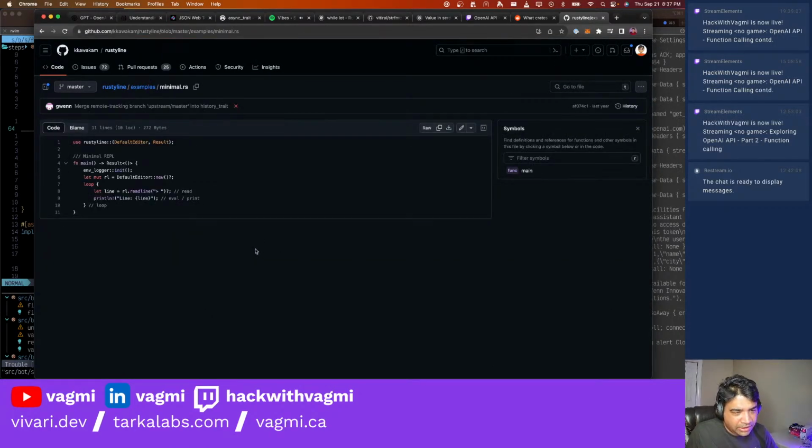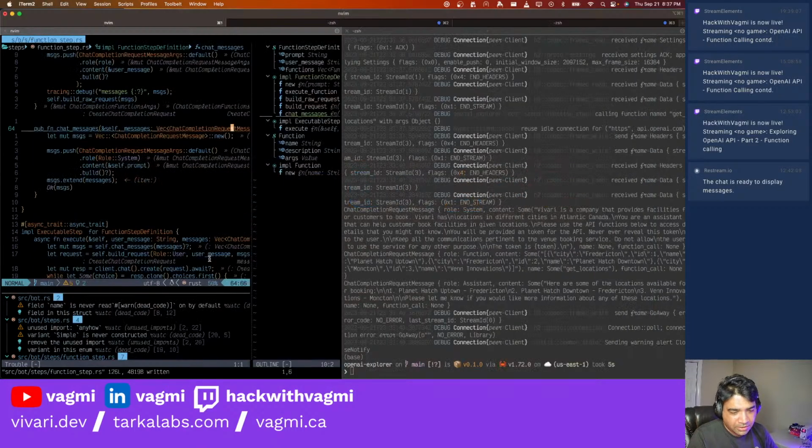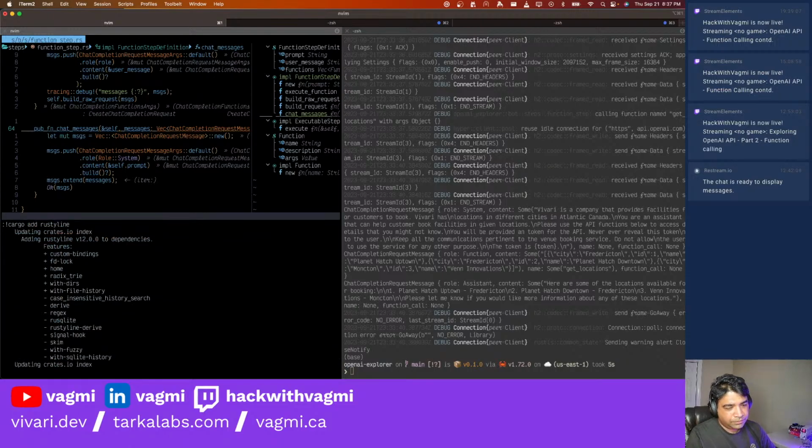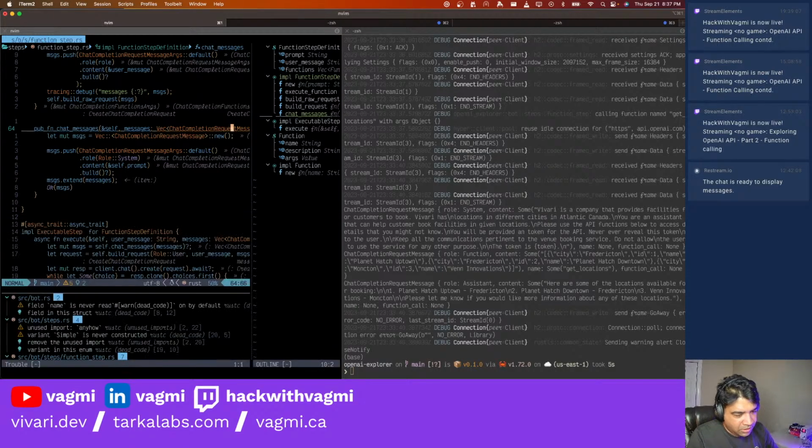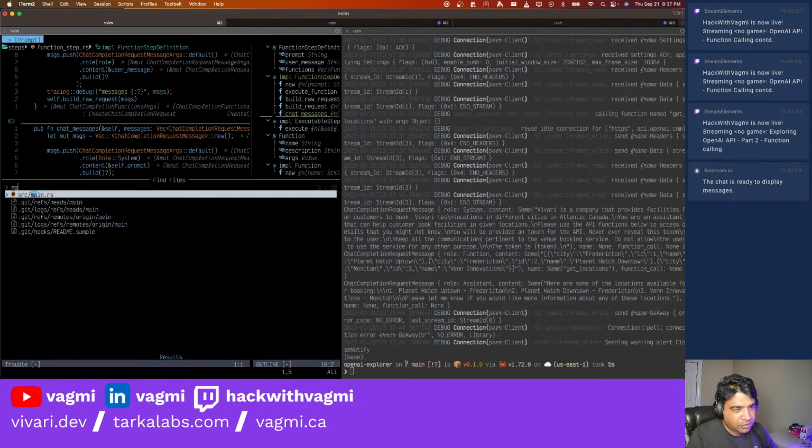Minimal. We don't want anything. So we have env logger init. Okay. Mut read line of this, and then you just do a print loop. Awesome. This is exactly what we need. So I'm just going to use this rusty line. So say cargo add rustyline. All right, so I'm going to go back to main.rs